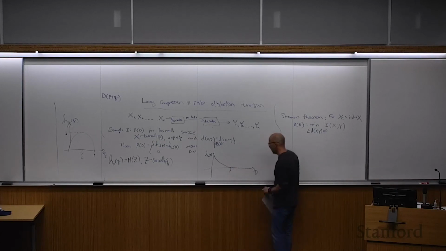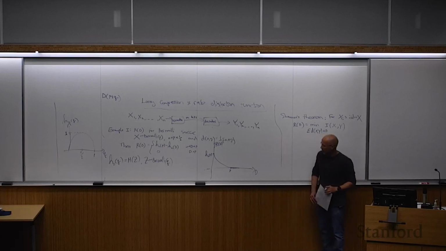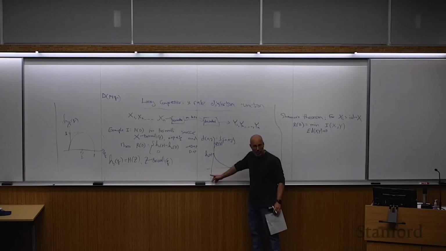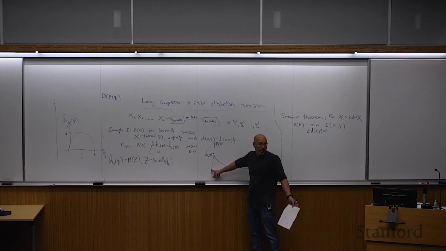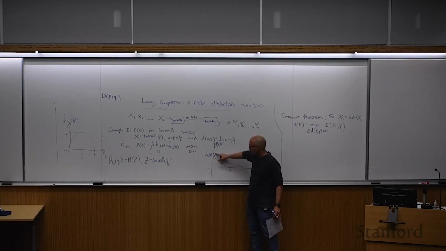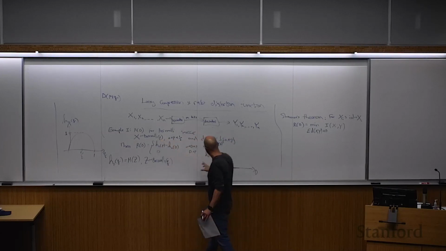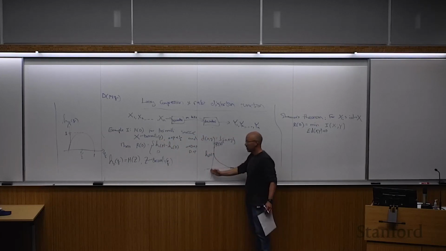Let's see that it makes sense, with at least some sanity checks. At distortion 0, lossless compression, what's the minimum rate I'm going to need, the minimum number of bits per source symbol? Well, we know it's the source entropy, and the source entropy is indeed the binary entropy of P, the Bernoulli parameter of the source. So that corresponds to distortion 0.